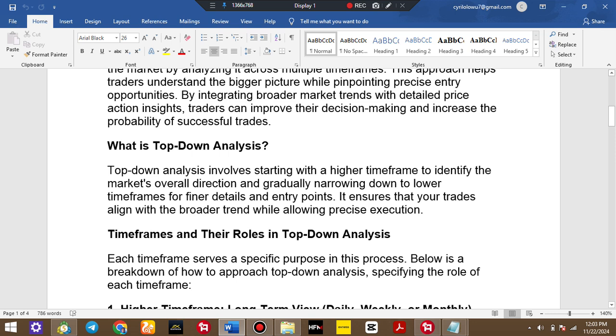So the main reason why many traders rely on this top-down analysis is for them to understand which direction price is going, based on the time frame being fractal. When I say fractal, your daily time frame can be giving you an uptrend while your 4 hour, 1 hour time frame can be telling you a downtrend.